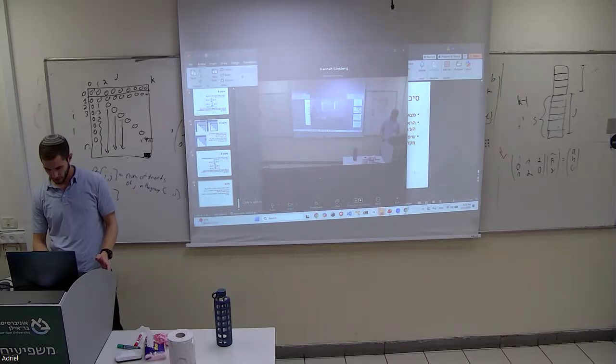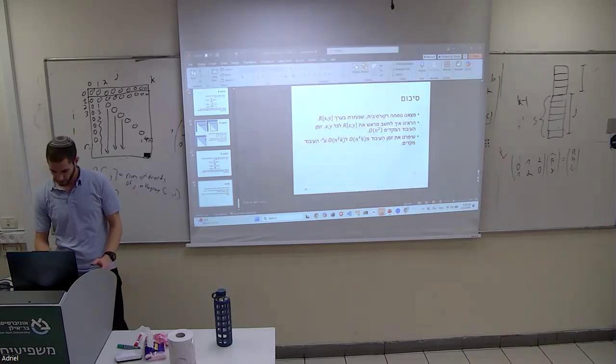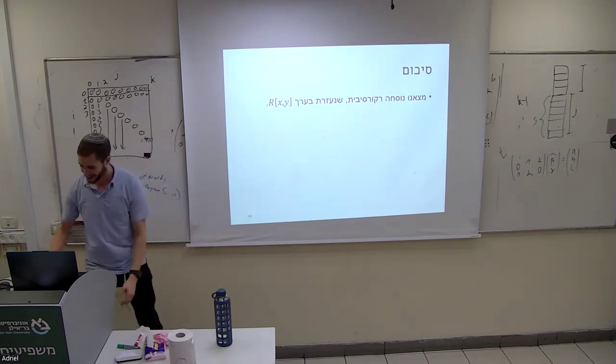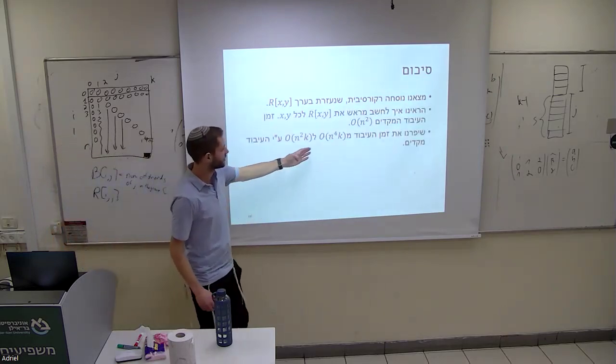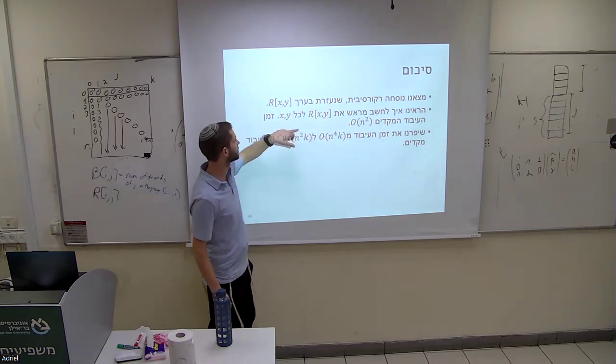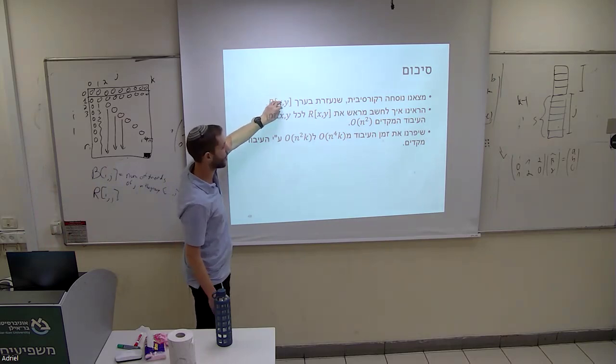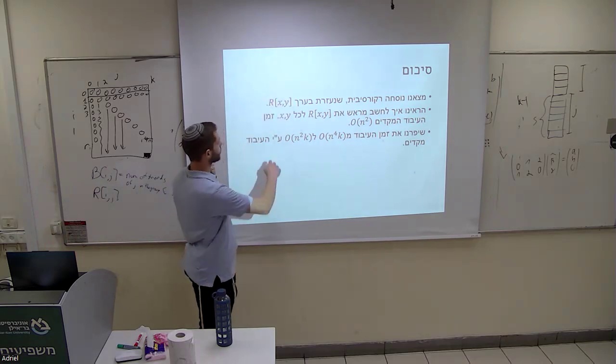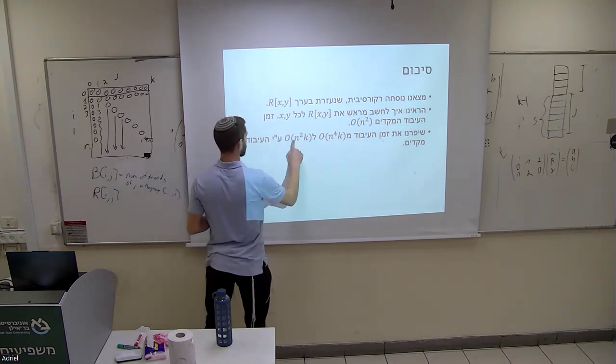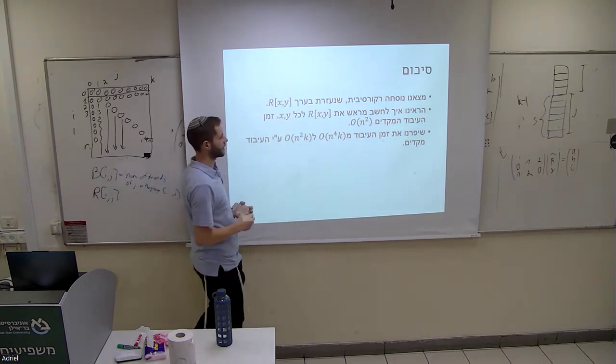So now it'll actually take us O of n squared times k. The naive way of computing each r x y would take O of n squared. Now it only takes O of 1 for each query. So now we improved it to O of n squared times k using